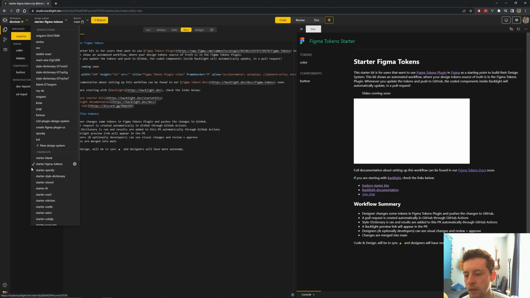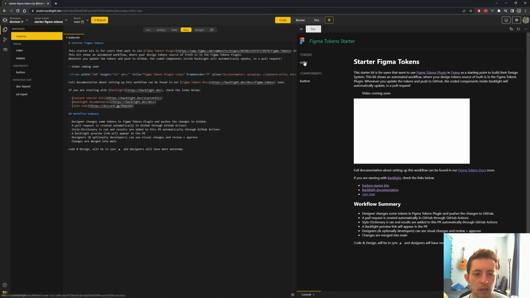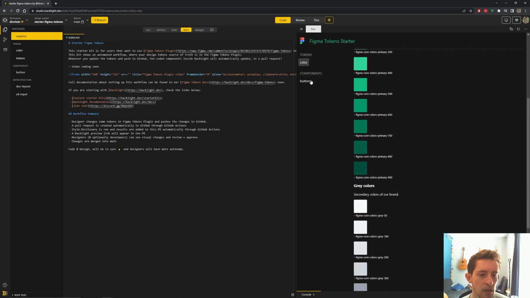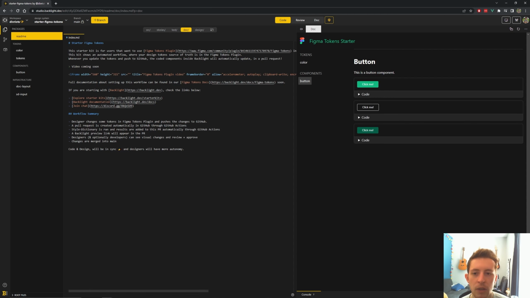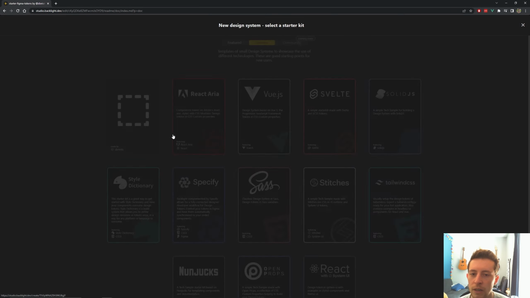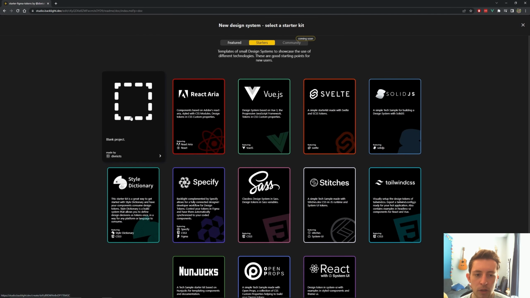But you could duplicate the starter Figma tokens to get a nice starter kit with some nice documentation out of the box and color range and the button component that we're gonna make. But let's just set it up from scratch so you guys understand how the integration works and how to do it from scratch. So we can go here, make a new design system, just go with a blank project,